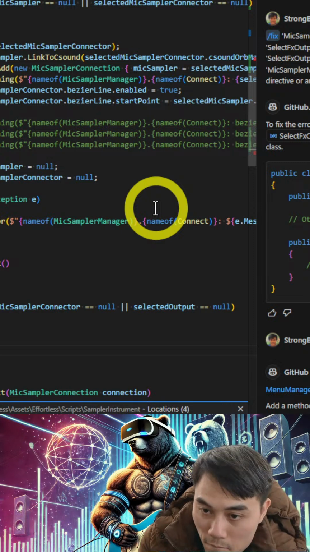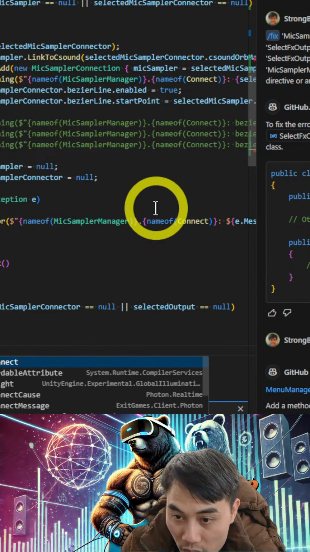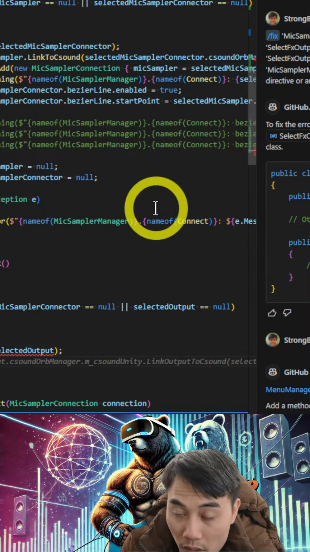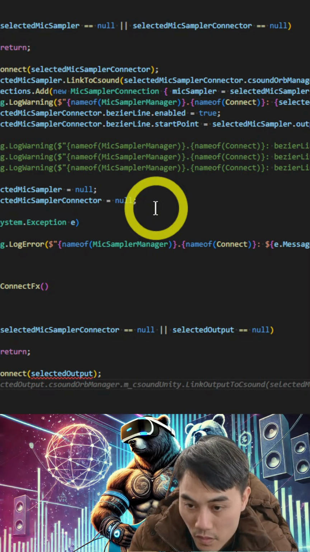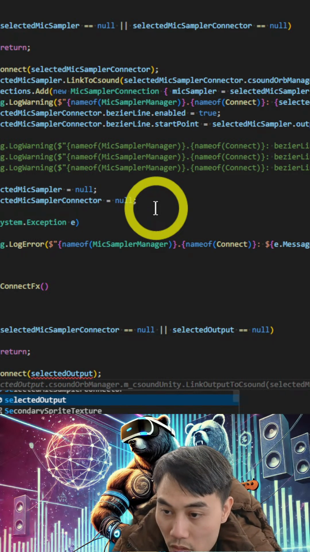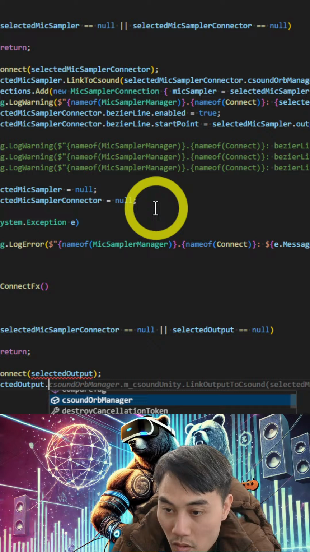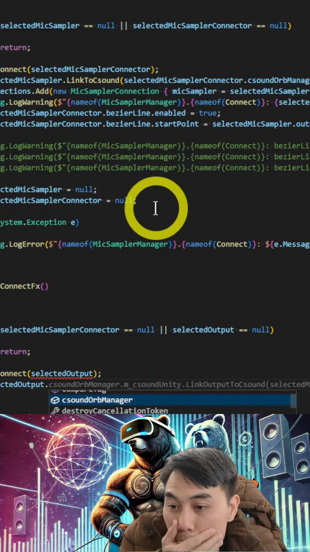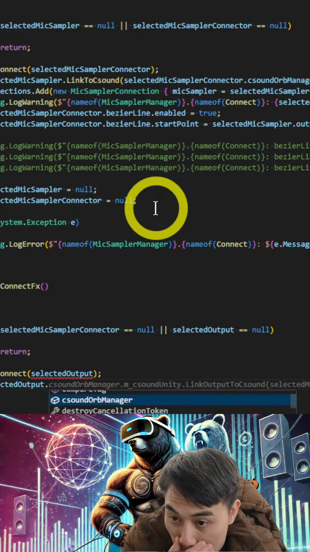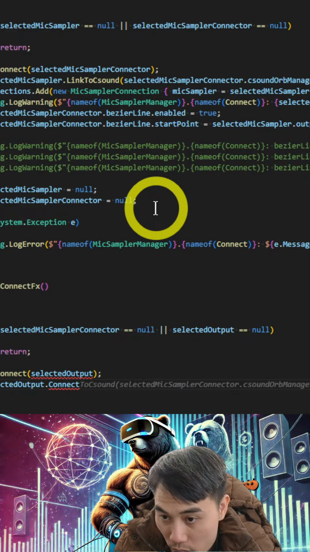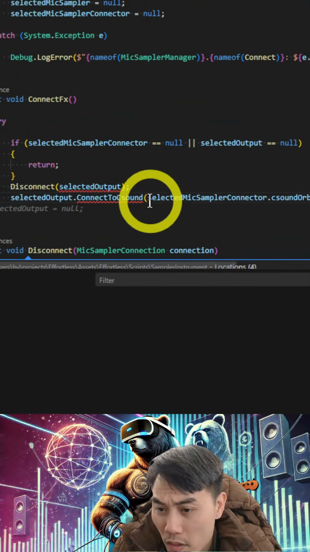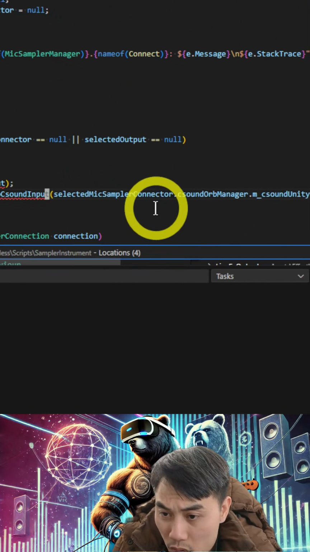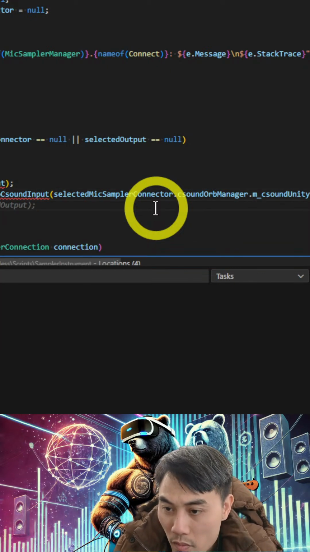By disconnecting the selected output first, and then in this selected output we're gonna call connect to Csound input. And then we add the connections to